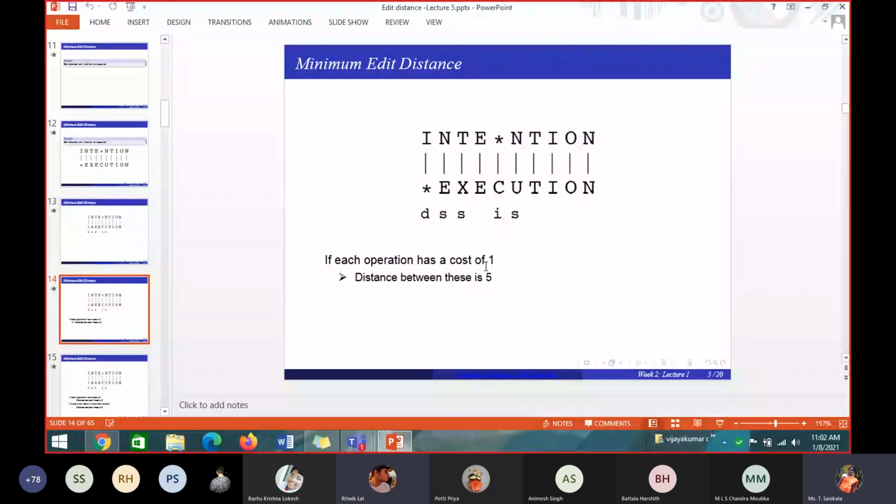In this case, each edit operation is 1, so it is 5. But generally, please make a note: sometimes the substitution cost will be 2. If the cost is not given in the